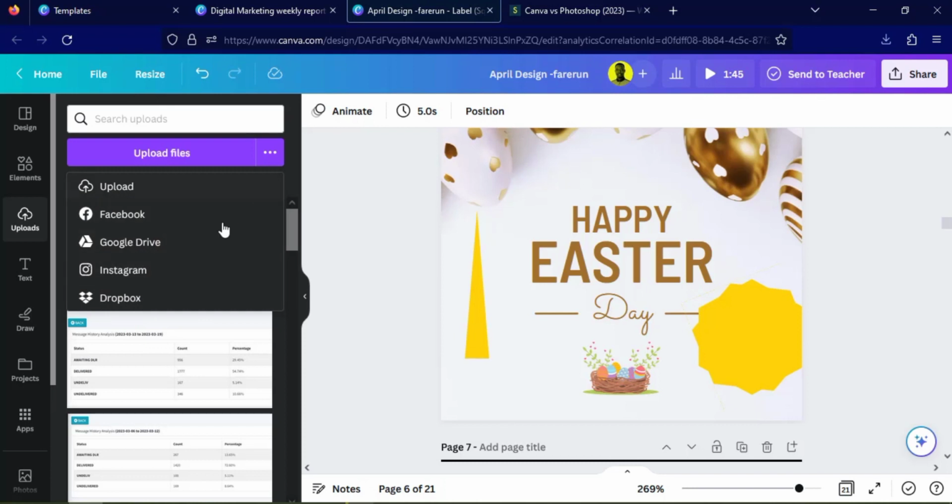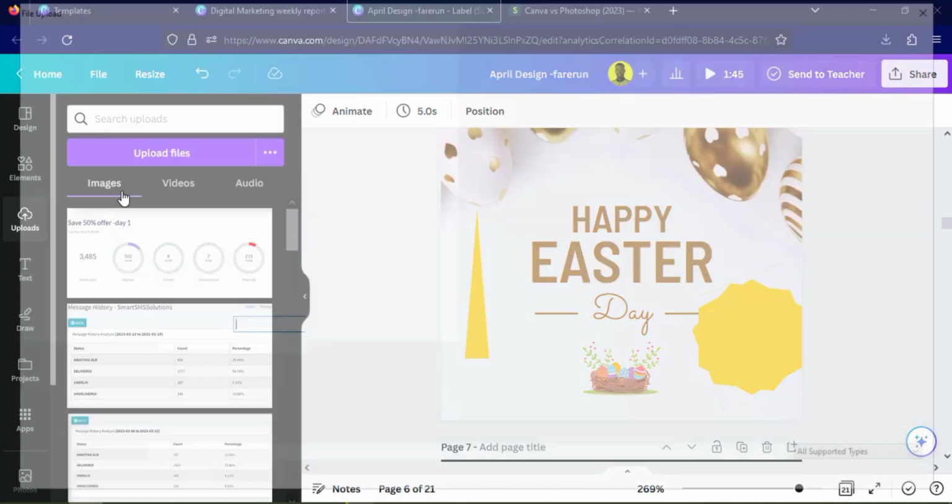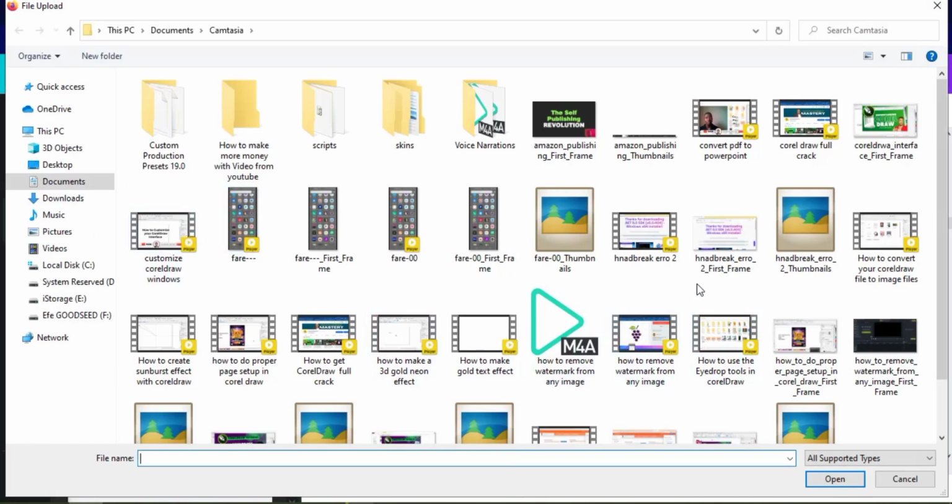Different types of upload. All right, so here you can upload from. All right, so that's it basically. If you want to upload a document, this is also a way you can upload a document. Okay, if you want to upload